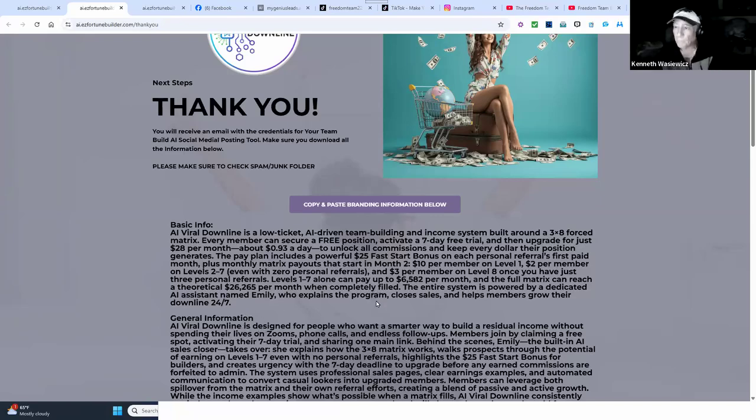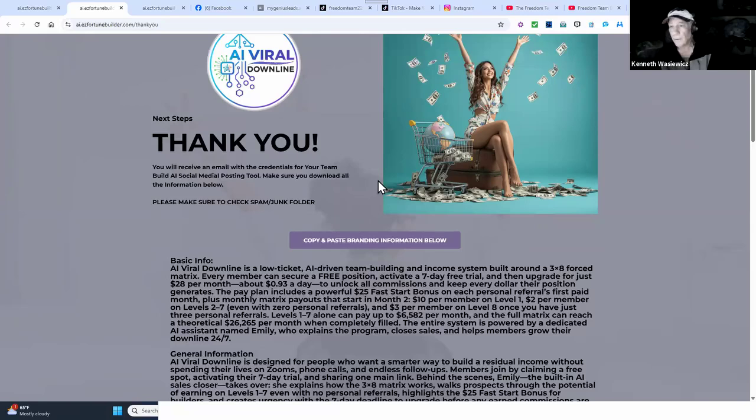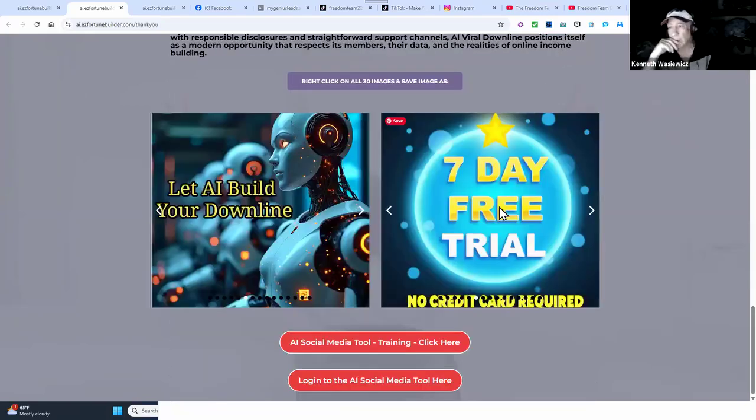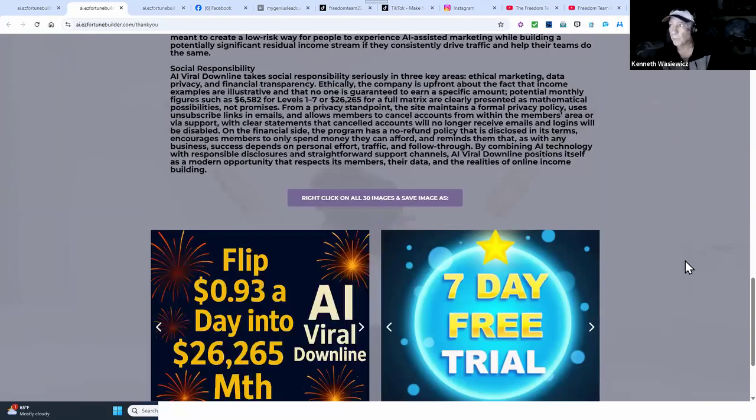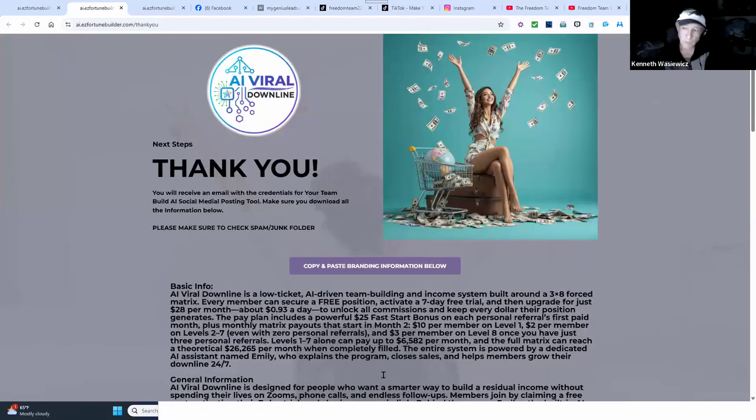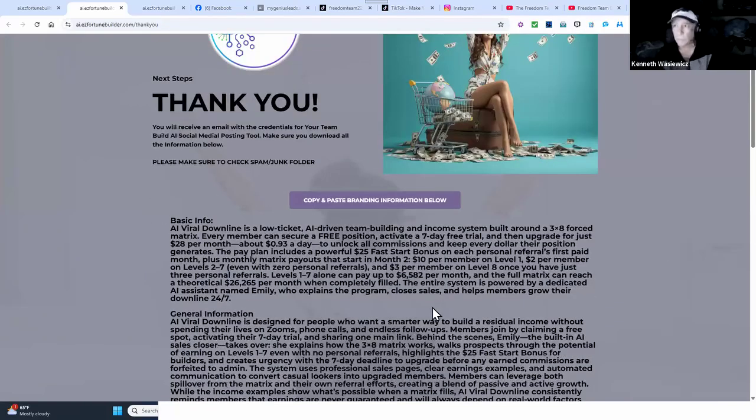That's the beautiful part. Over here, you got to create some cool image. All right. You don't have to create this training unless you're sharing this with your group or your team and you want to help them. But if you can create a funnel, perfect. I can't do it for you, but I can show you the basics of what you need to do to promote another company. All right. And that's what this is all about.